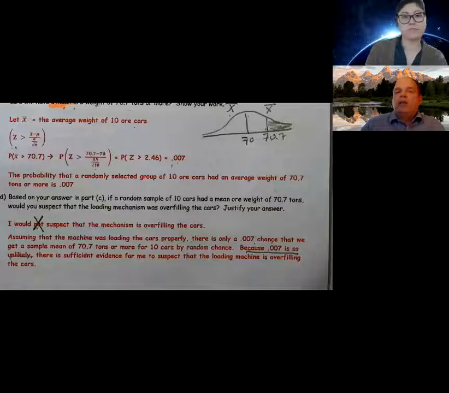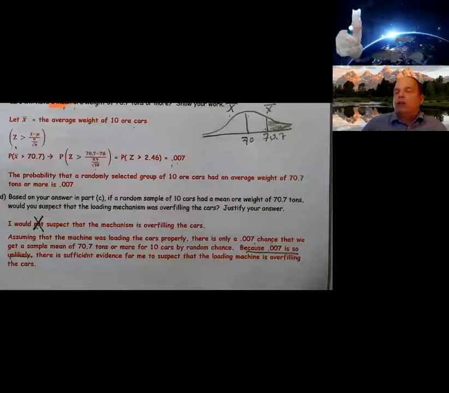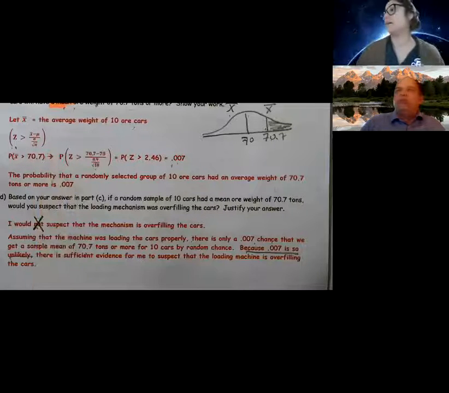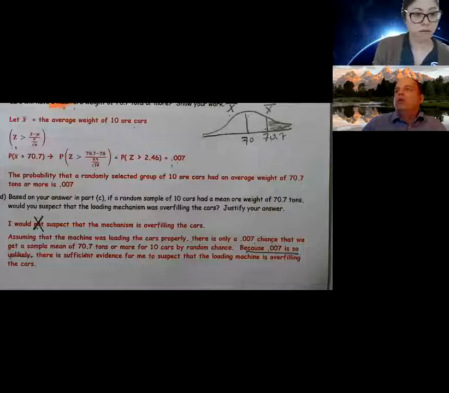So that's kind of the difference between using z equals x minus mu over sigma for a single value, versus the formula using the sample means. So I'm going to